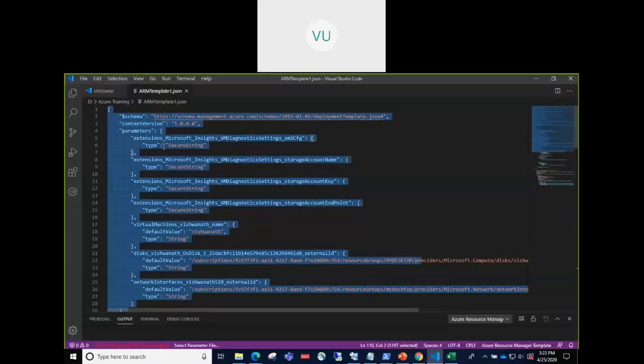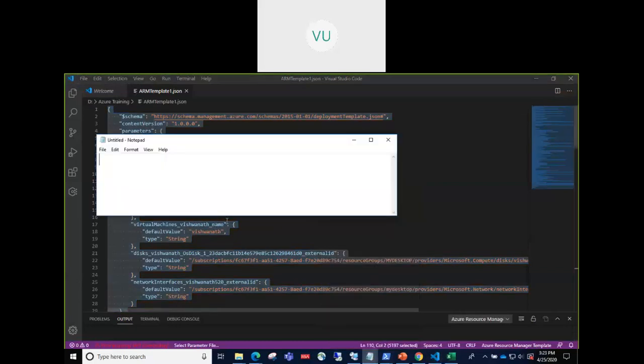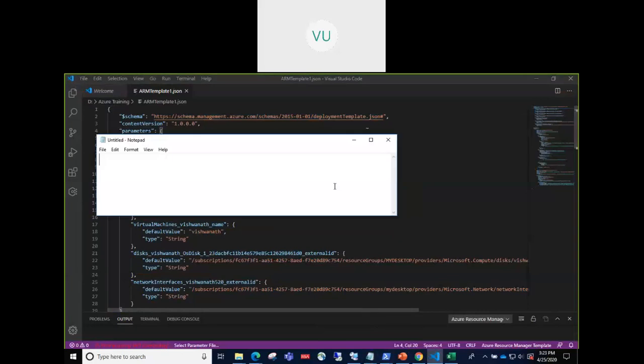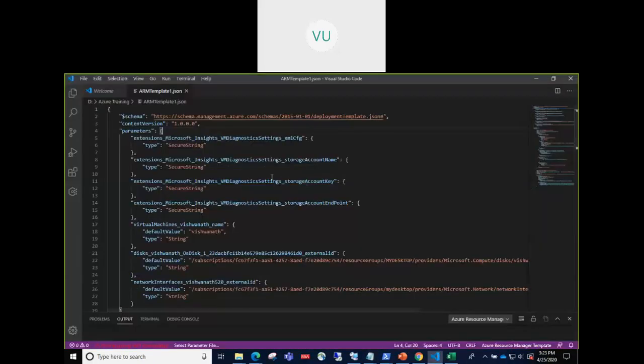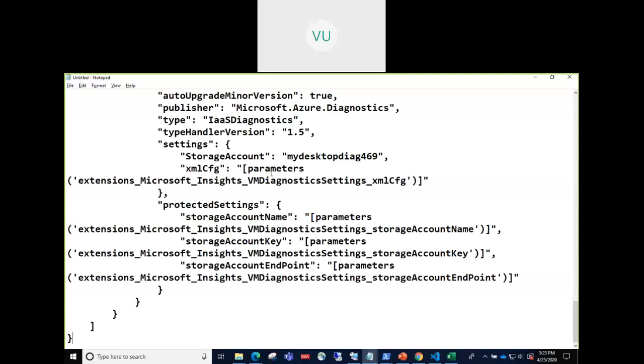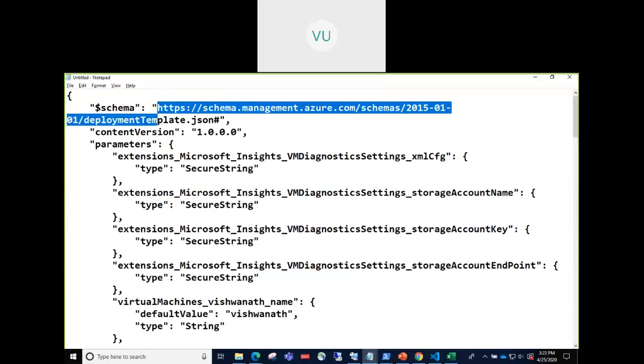If I take this and remove, let's say, and do this in Notepad, you will get a structure similar to what we have discussed. Let me just remove all these values. So see, this is one key, dollar schema, and then we have the value for that schema.